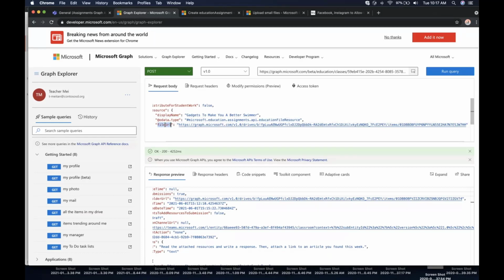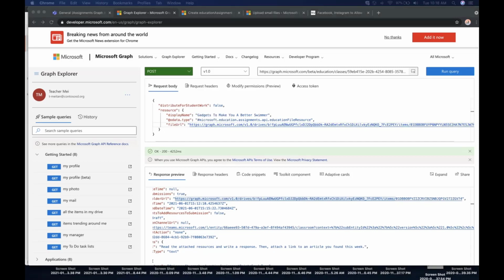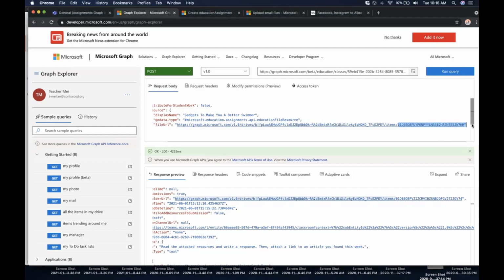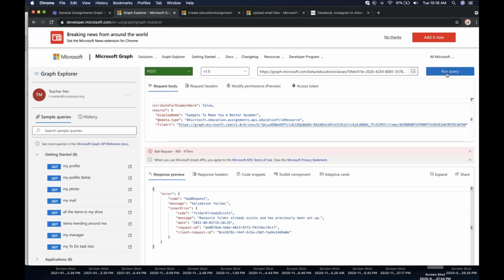And for a file resource, instead of specifying a link, we have to specify a file URL, which is where it lives in SharePoint. And how we put that together is that we'll take this base URL where we created this folder, and we're going to tack on the item ID that we just got from uploading that file. There we go. And then I'm going to run this query in order to add my new file resource